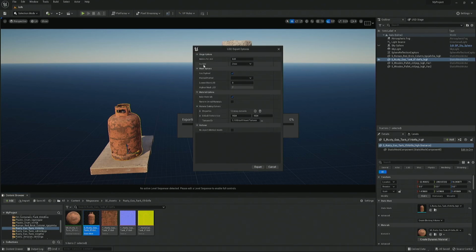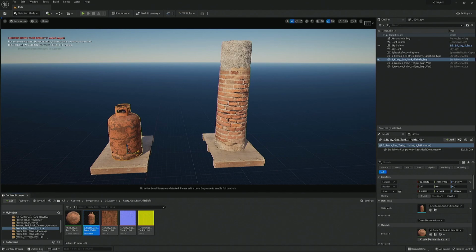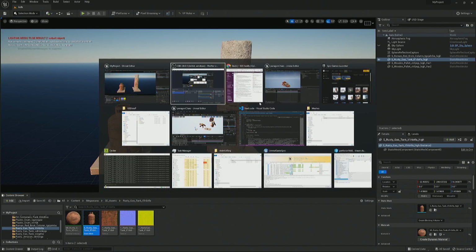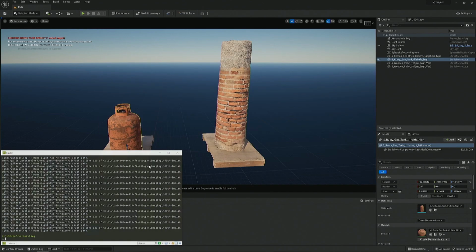So you can choose the meters, so your scale. You can choose Z up or Y up. Unreal is Z up. You can use payload, which means that it'll create a wrapper USD, and then the geometry information will be kept in the payload. And then you can bake materials. We give the option of what size you want to bake them at. Of course, if your materials in Unreal are small, like 256, baking at 1K is not going to magically give you more.